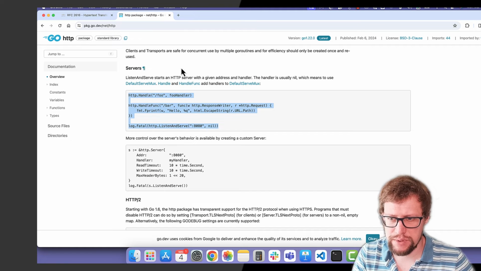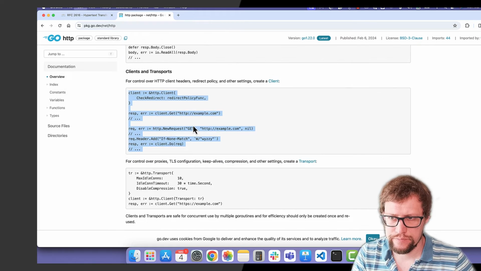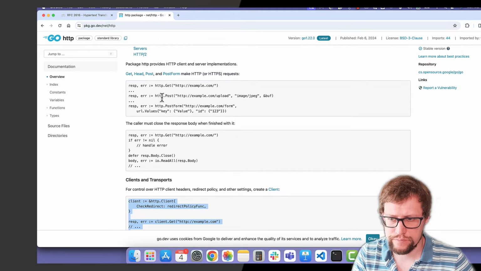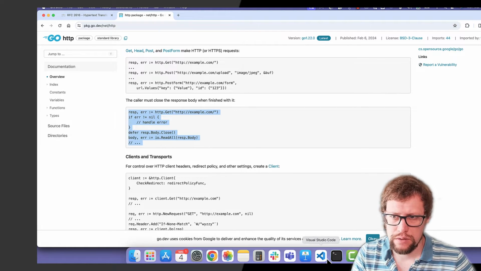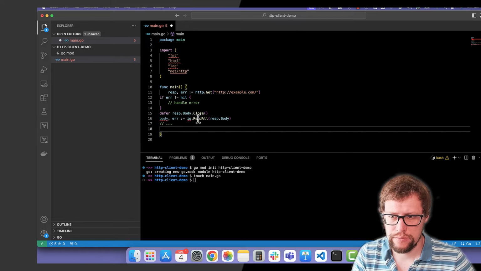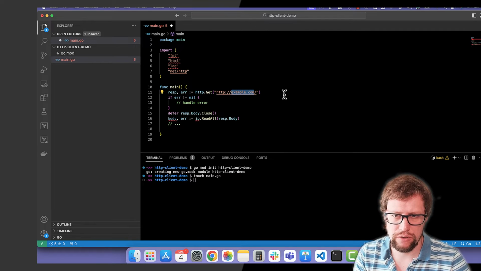Back to our HTTP library. This time we need a client. What is the easiest way? I think this is the easiest way. Response, error equals http.Get. We're going to do an HTTP GET request, localhost 8080,